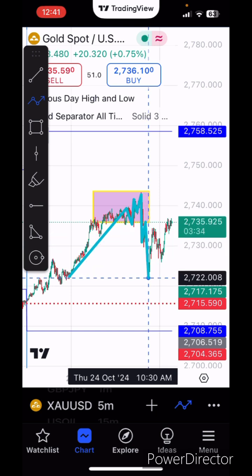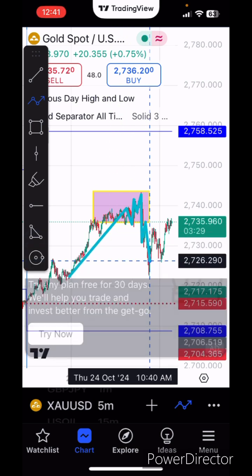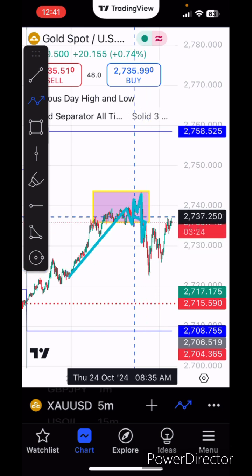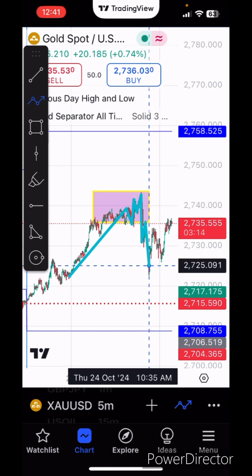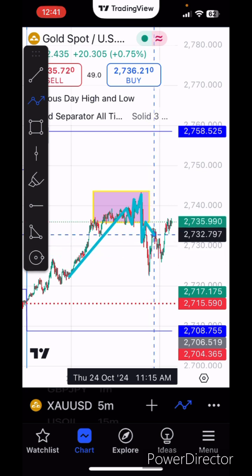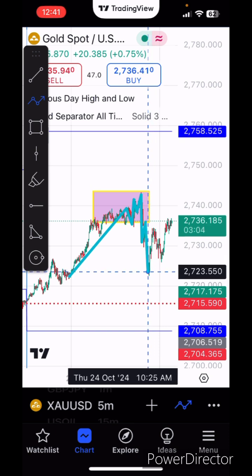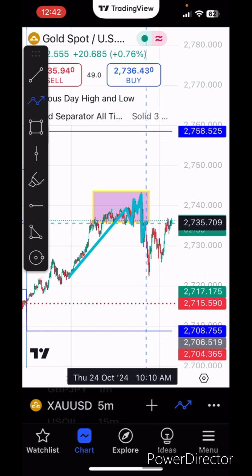and let one run. But you have to be willing to get out of the market at the first sign of weakness, right? Because that's what I do, especially on things like gold, the US 30. I'm getting the hell out of there because I don't want my fingertips bit off from being greedy. And you can see that first sign of weakness, bam, we get a small engulfment to the upside, right? And it never dips back down here. So if you were going to get out and you got out down here, you did very well, right? And then if you kept holding it after that, here was your original position.